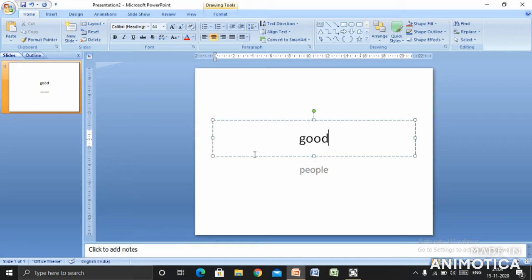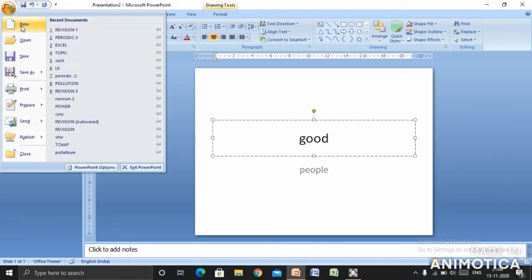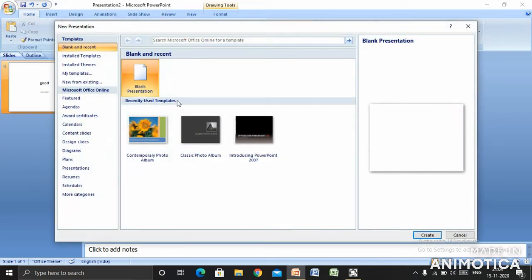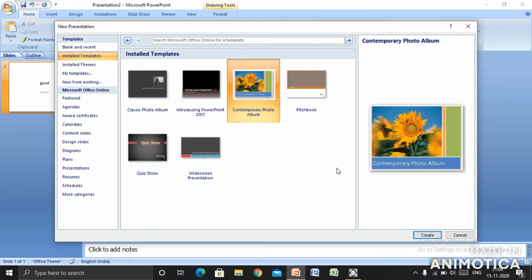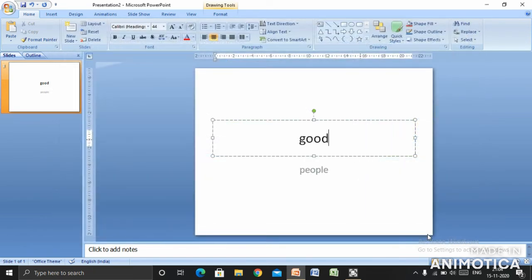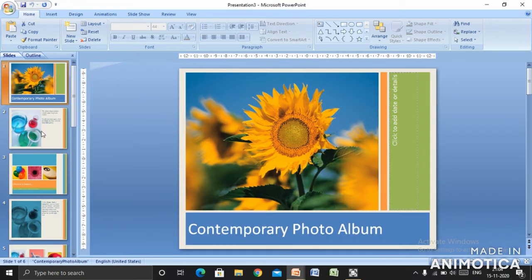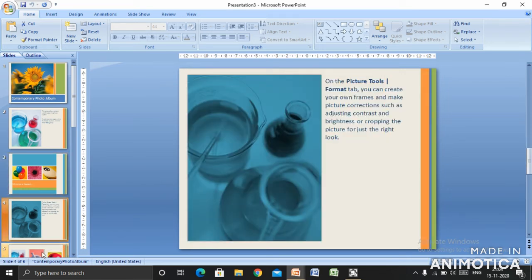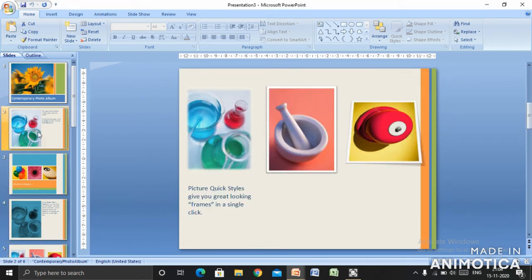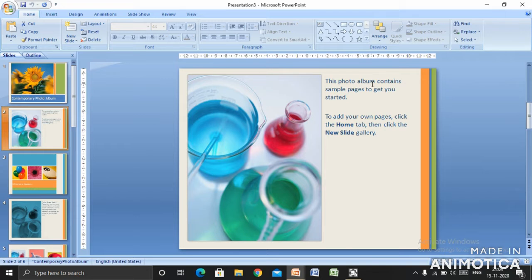Now the next topic is how to use built-in templates. Again go to the Office button, click on New. See here, installed templates. I've already taught you that templates are the pre-designed slides. These are all the pre-designed slides where you have to make the changes on your own. Whatever changes you want to make here, you can make.